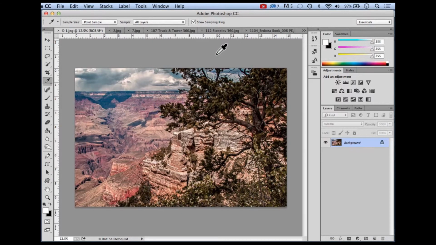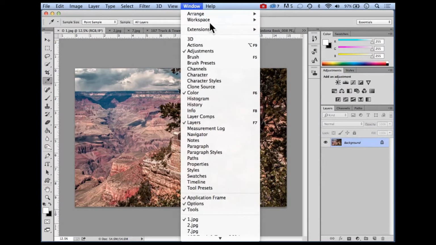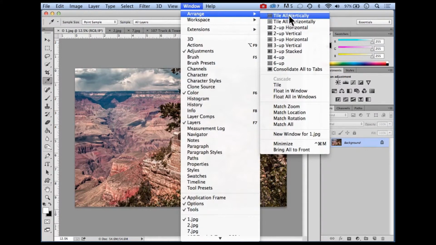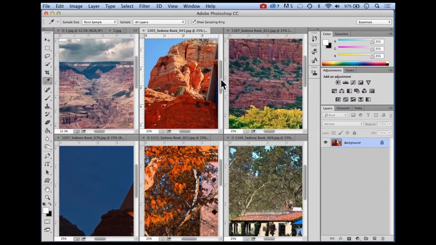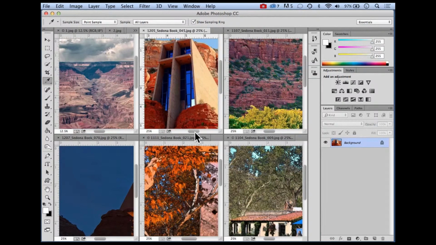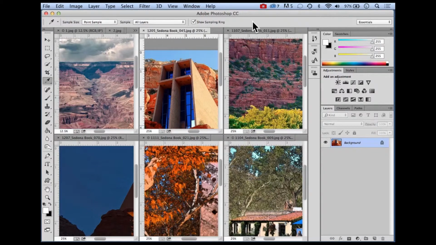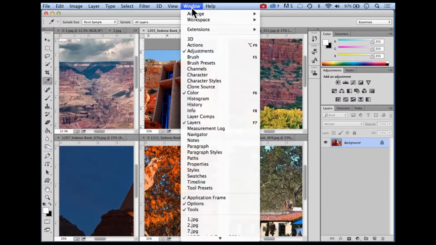In addition to opening files, we can arrange the files in our display area. In order to arrange these files differently, we go up here to the window, arrange, and we have a whole variety of different ways to look at these. I'm going to start here with 6 up. So I'm seeing 6 images at the same time. I can inspect and look at them. And there are times when you will want to do this. But more commonly,